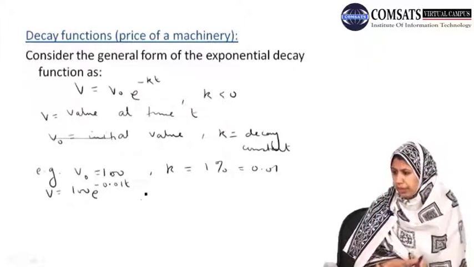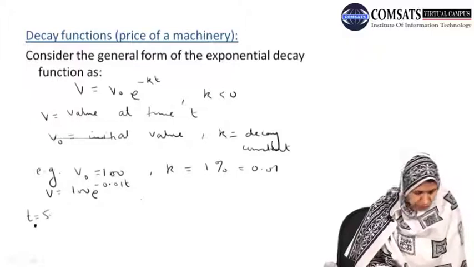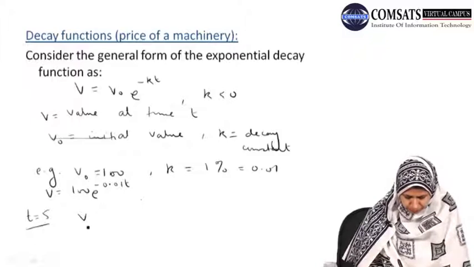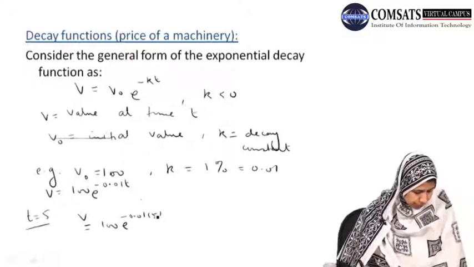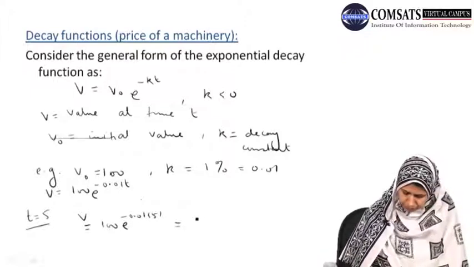We are asked to find the value at time t equals 5. Then we will simply put the value in our decay model, which is equal to 100 into e to the power minus 0.01 into 5,